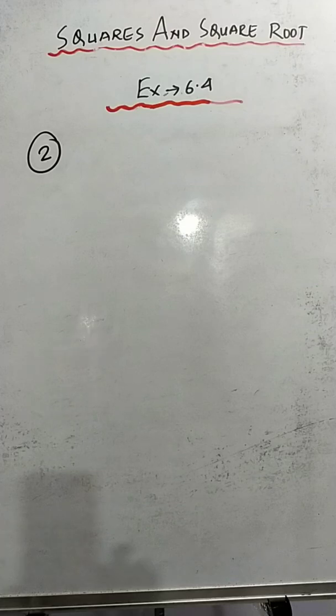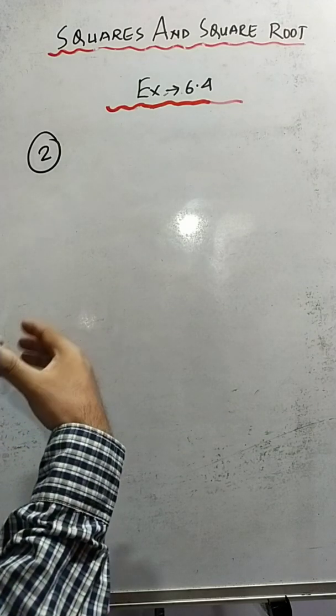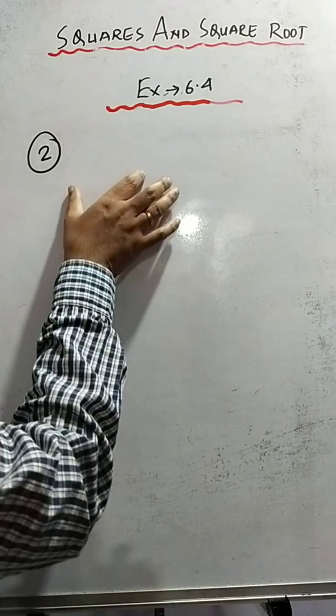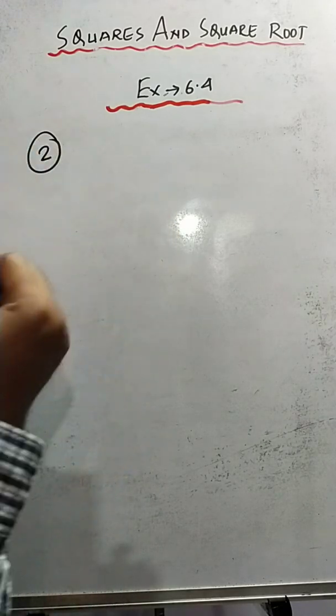Students, in this session I will explain question number 2 and 3 of exercise 6.4, chapter Squares and Square Roots. Question number 2 is very interesting. It says to find the number of digits in the square root of each of the following. That means it is already clear that all the numbers given under question number 2 are